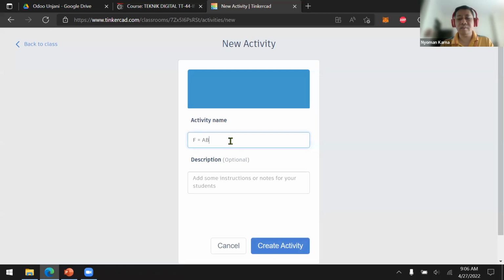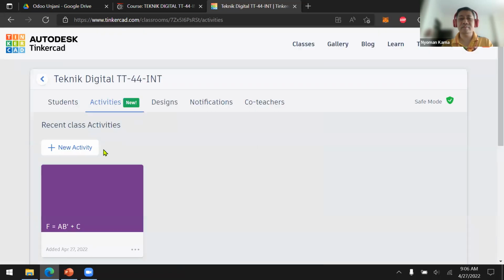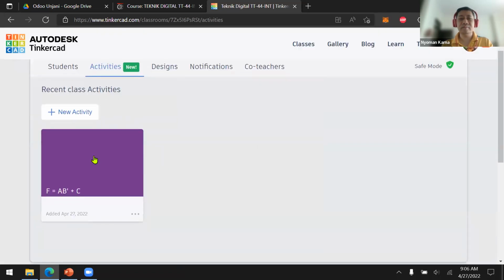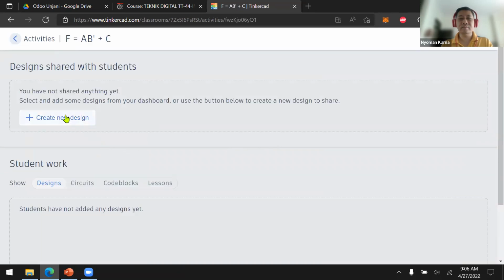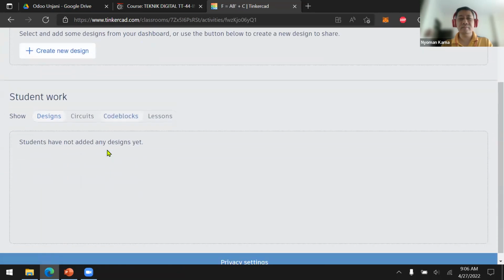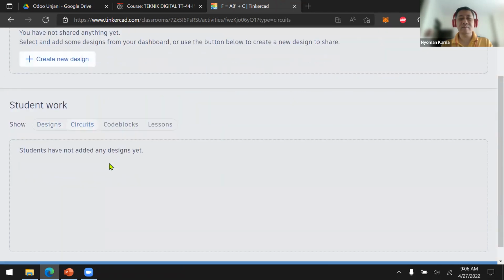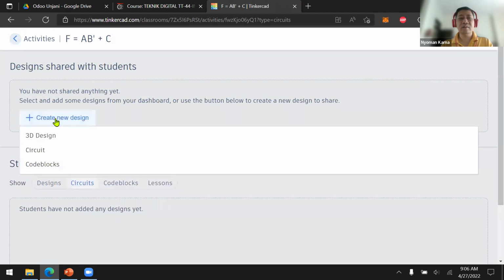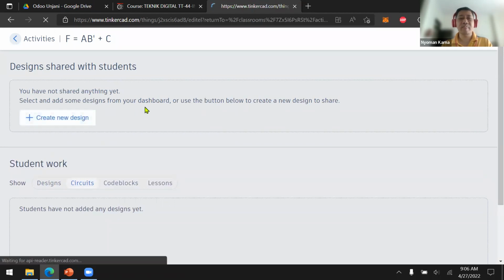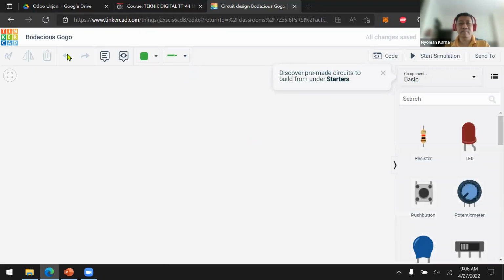F is A, B naught plus C. Oh, sorry. Create new design circuit. Okay. This is F equals A, B naught plus C.